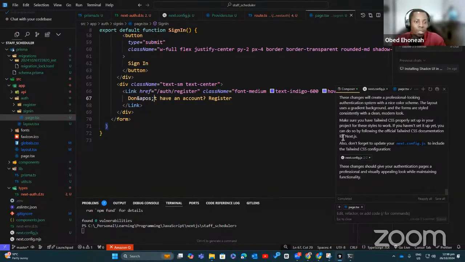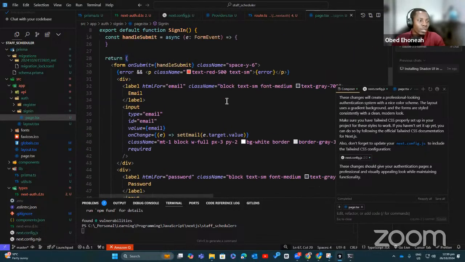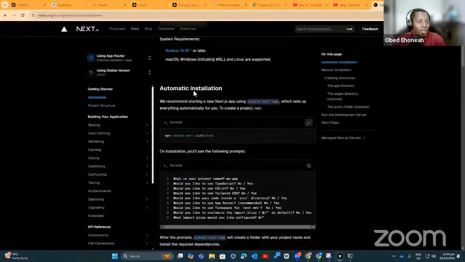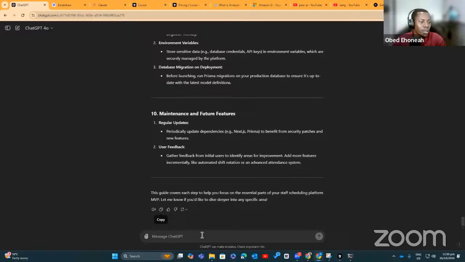And if you want, instead of doing these things here, you could actually copy it and send it to ChatGPT. Let me show you something. I could just copy this and go to ChatGPT and say, I don't like this code for my login.